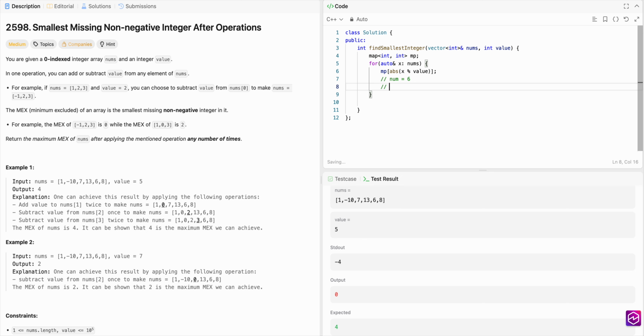We can get it either by subtracting 5 from 11, so 11 minus 5 is 6, or we can basically get it